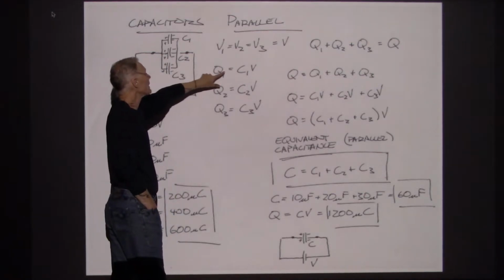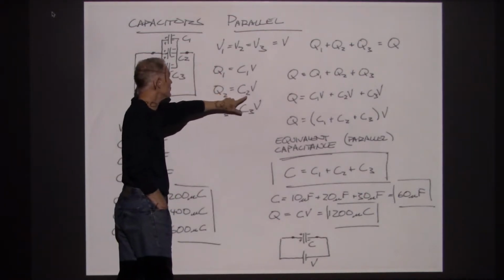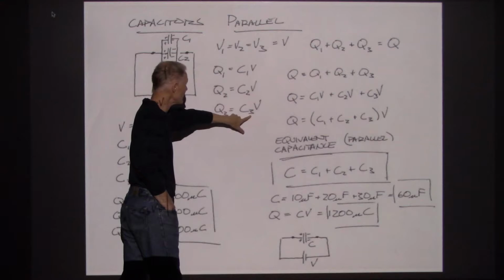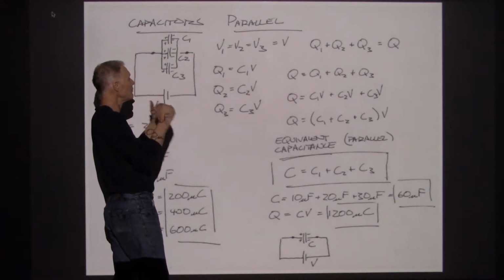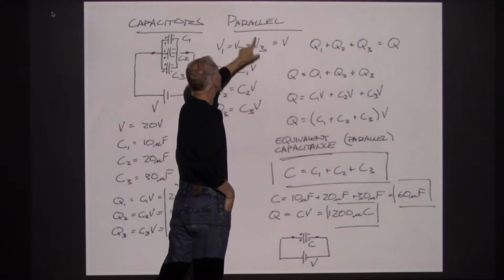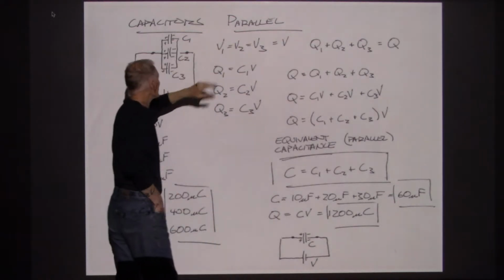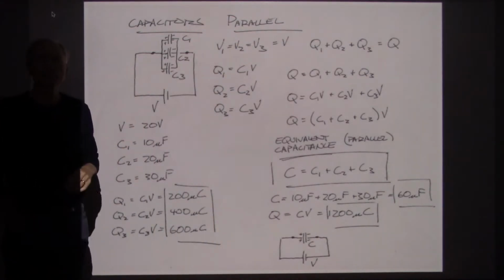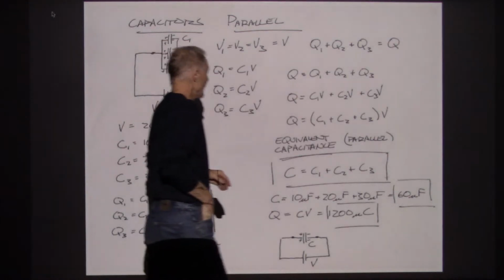It would say Q1 is C1 times V, Q2 is C2 times V, Q3 is C3 times V, with the key feature here being that all the voltages match because the capacitors are connected in parallel. All right, now